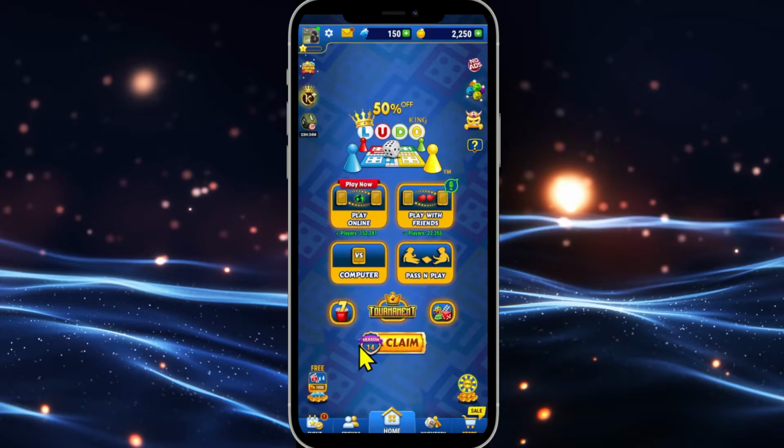First of all, open up the Ludo King game on your device, and once you open it up, if you haven't logged into your account already, log in using your Google or your Facebook account. Once you are logged in and taken into the homepage, if you wish to change your dice, click on the